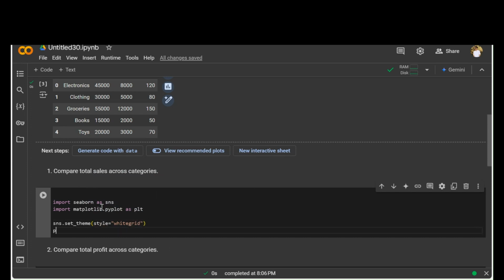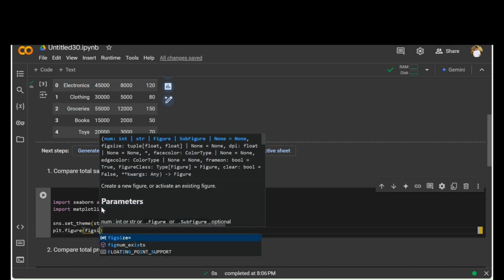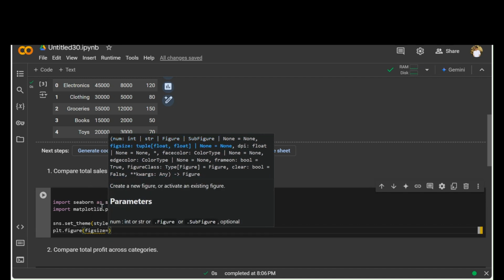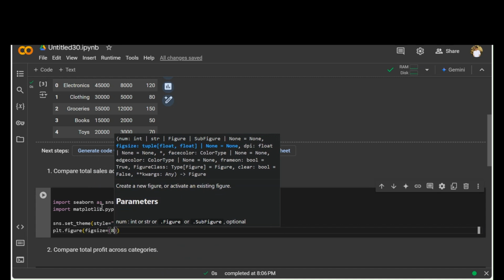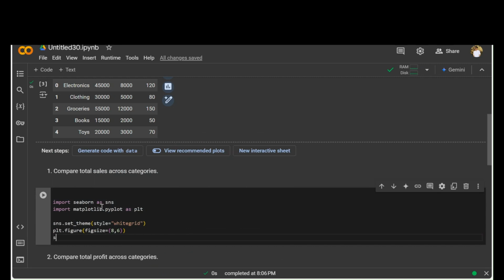Perfect. Now plt dot figure. Inside this we need to pass the figure size, that is figsize is equal to how much? Let's say 8 comma 6. That's enough for us. Now we need to set sns dot bar plot, because we need the bar plot, and